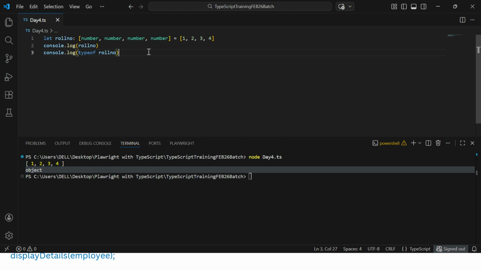Definitely an array is an object only, but here a tuple is similar to an array, but it can have a fixed number of elements and it can also have different data types in a single tuple. Now let's go through one or more examples where we will try to define